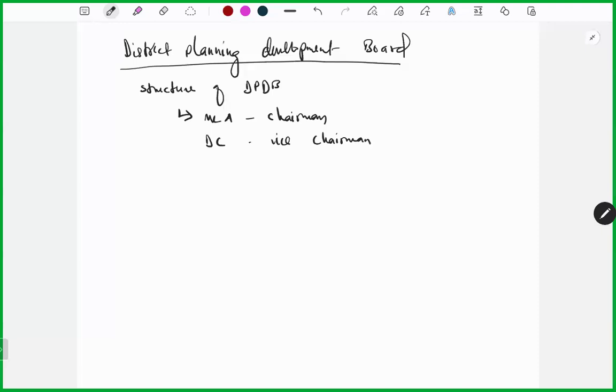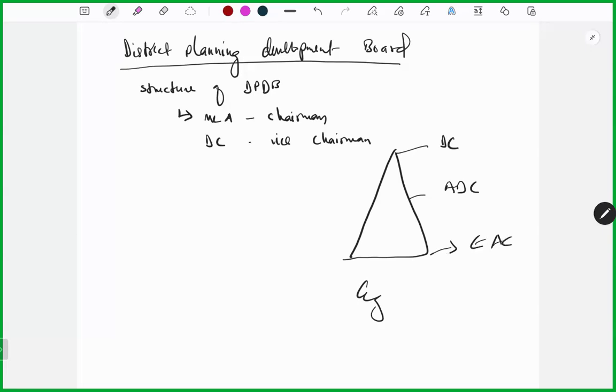So after the DC, there is a chronological order. Now we have a hierarchy. In government service, we have a hierarchy. Even a few days back, we asked you a question on the hierarchy. Many people couldn't answer in the right way with regard to hierarchy. When you write about the hierarchy, you can always try to draw a map like this. For example, the top one is the DC, then the ADC, then the EAC. One student wrote like this, and it's one of the best answers I have seen. Very simplistically, she has written about this hierarchy.